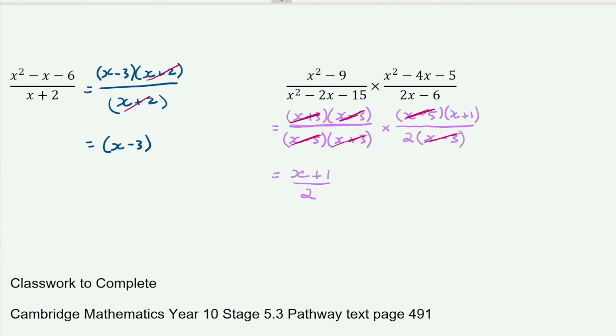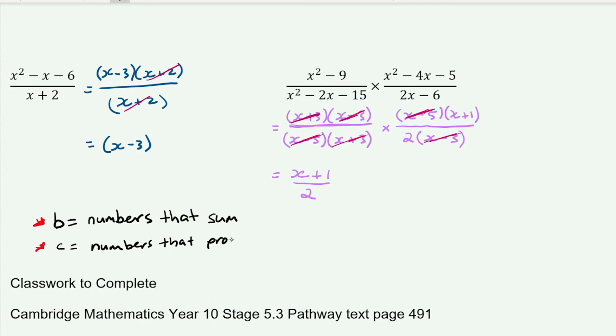So, remember, b equals numbers that can sum, and c is numbers that product will say. Okay, and they should be the same two numbers. Now, I'm not 100% sure how helpful that last bit's going to be,